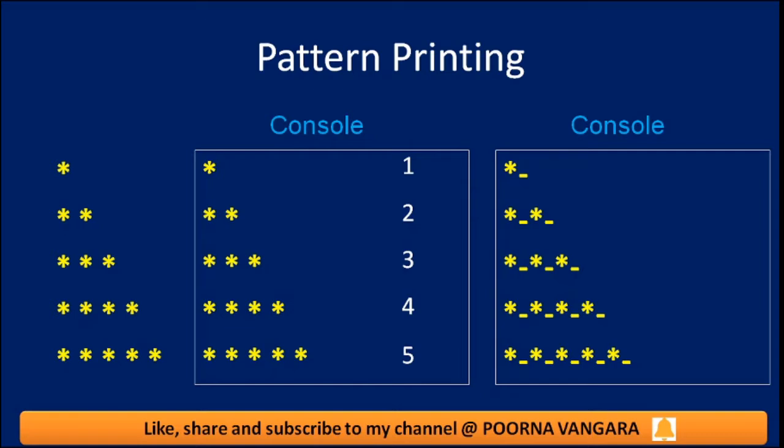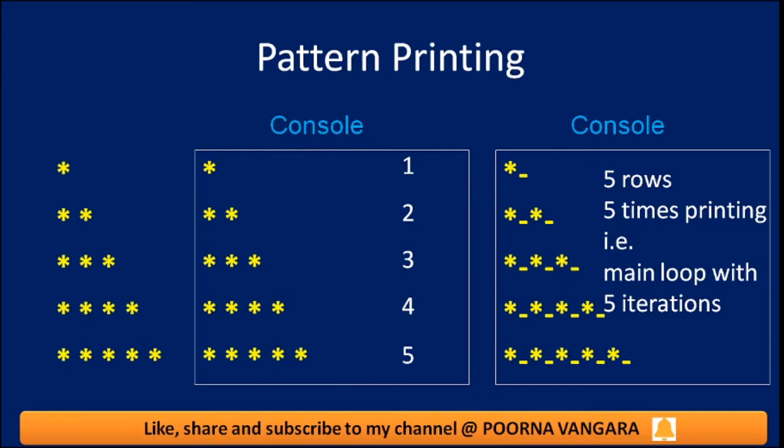So the summary from this particular slide is that the total number of lines, the total number of rows you are printing, is 5, and in each line and in each row, how many times you are printing this particular star space, that is secondary, that is the internal loop. First we are looking at the external loop or outer loop. How many lines you are printing, how many rows you are printing. That means you are printing 5 rows, so 5 times from the external point of view,